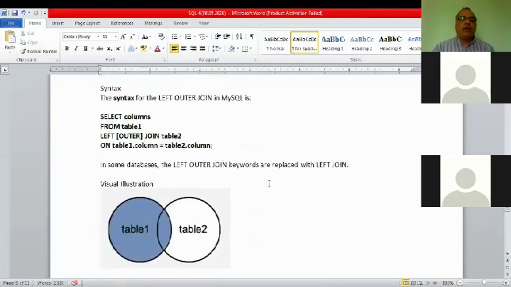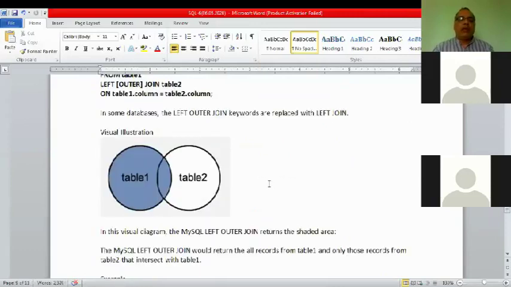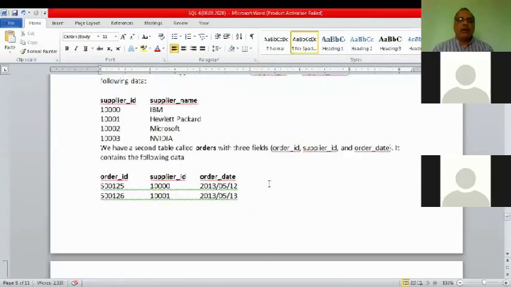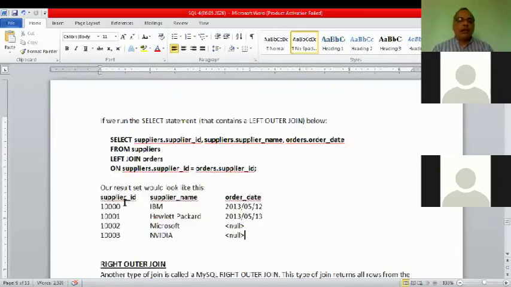So what we found in the left join, all the values of the left table and the common values of the right table are coming. See, all the values of the left table and common values of the right table, this and this are common values, are coming, and rest corresponding values of the field.